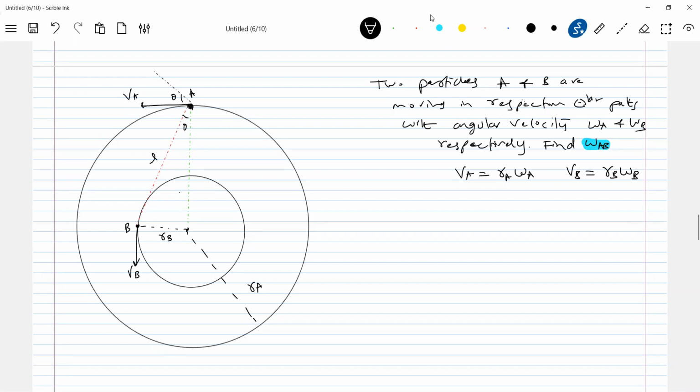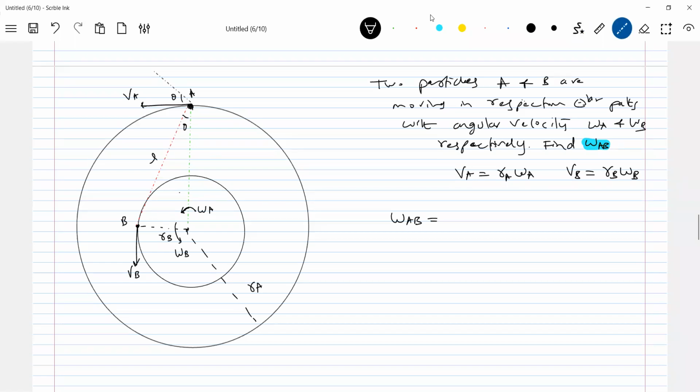Now angular velocity of A with respect to B. So what should you do now? Angular velocity of A. Look at the sense. Both are in the same sense. What is the definition? It says the component of velocity directed perpendicular to the line joining A and B. But we didn't bring any component of velocity for B, no? What is the mathematics we should take here?